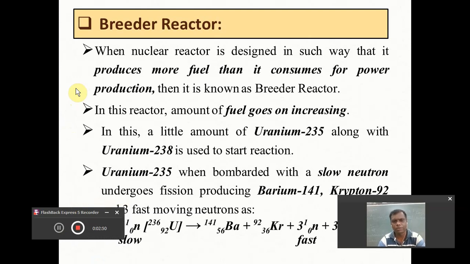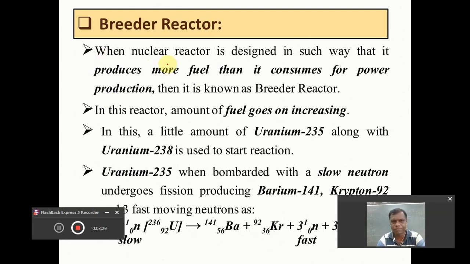Whenever we are getting nuclear energy, at that time there is a disintegration, or a breaking, of the nucleus, and definitely the nuclear fuel is consumed. If you discuss the efficiency of this power reactor, definitely it will not be more than 100%. It will be less. Whatever amount of nuclear fuel is provided, we are not getting the exact amount of nuclear energy. So this is the important thing.